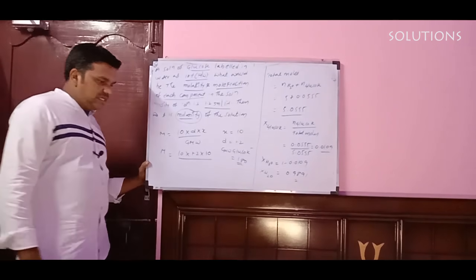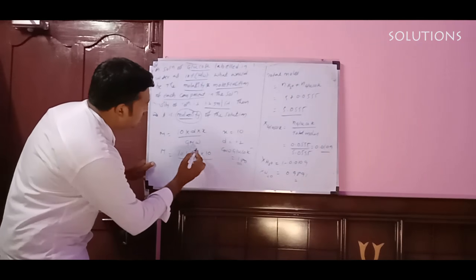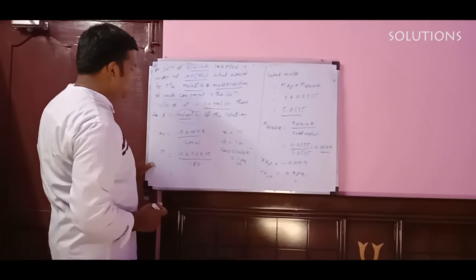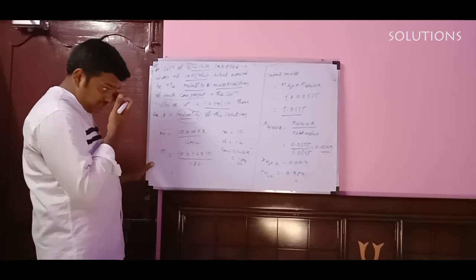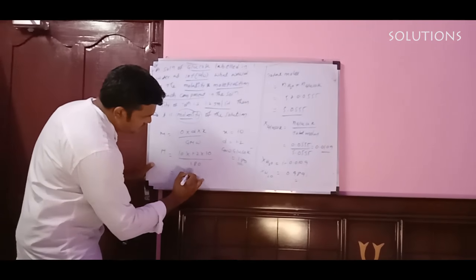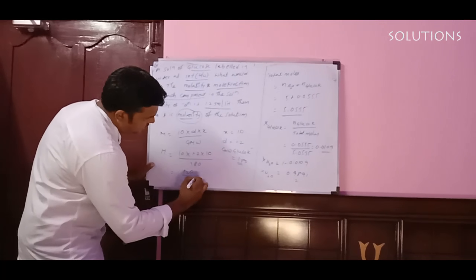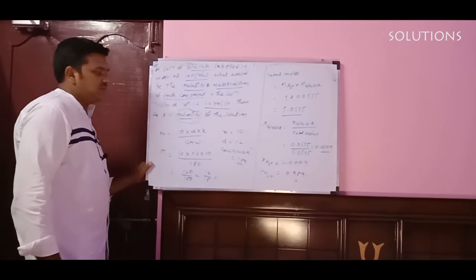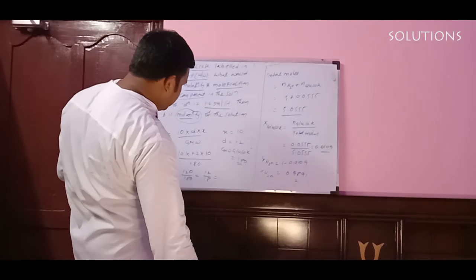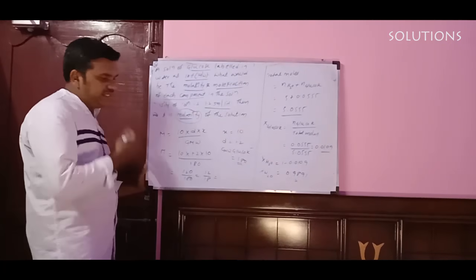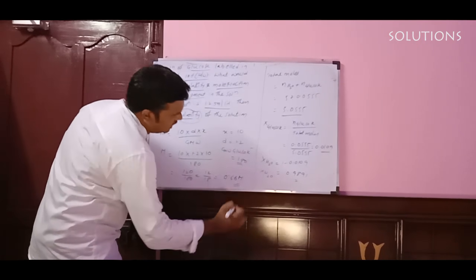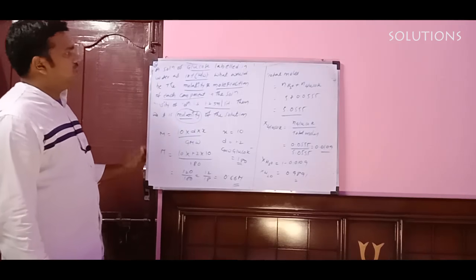Now what will you do? We have to substitute the values. What is the gram molecular weight we have? 180. So here you will get 10 into 10, 100. So 100 into 1.2, you can write here 120. So you will get 120 by 180, that means 12 by 18. What is the value you will get here? 12 by 18 means 0.66 molar. Clear na?